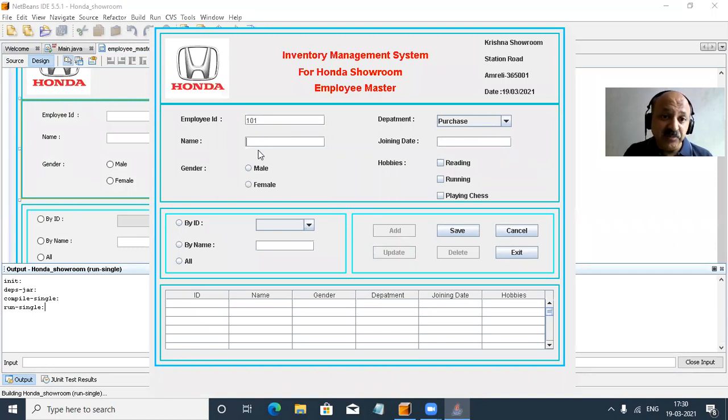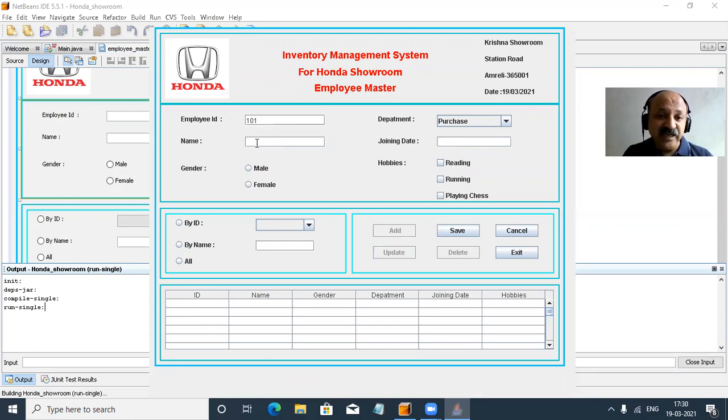Now we can check the sequence. So I press the tab key. When we press the tab key, the cursor should jump to the male radio button. But you can look, I press the tab key, and the cursor directly jumps to the joining date text field. That is not proper. Like in a C# project, we can use the tab index, but here what to do, which property do we have to set?